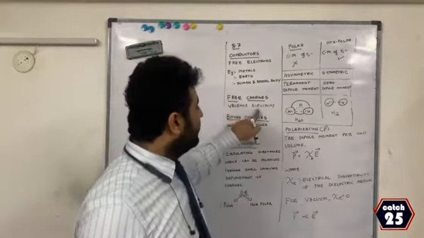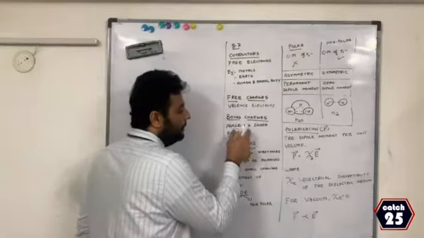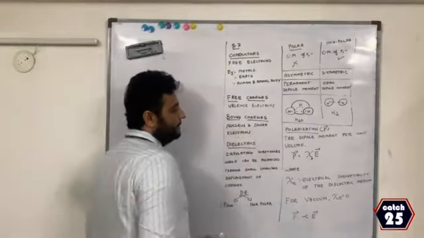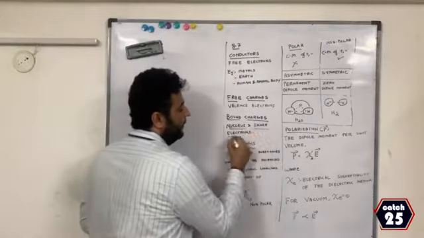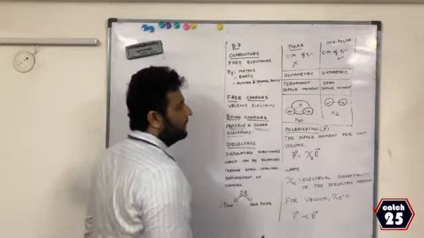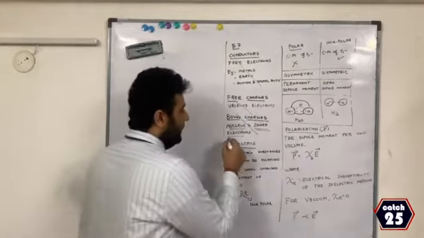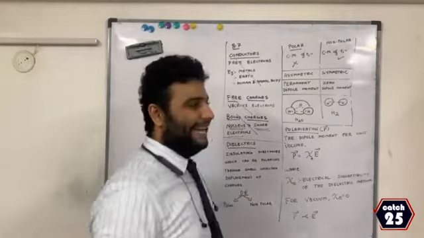So you know free charges are because of valence electrons and bound charges are because of the nucleus and inner electrons. This also cannot move, inner electrons also cannot move. Therefore, you understood what are conductors, and what is the difference between free charges and bound charges. Now we'll come to a topic called dielectric.